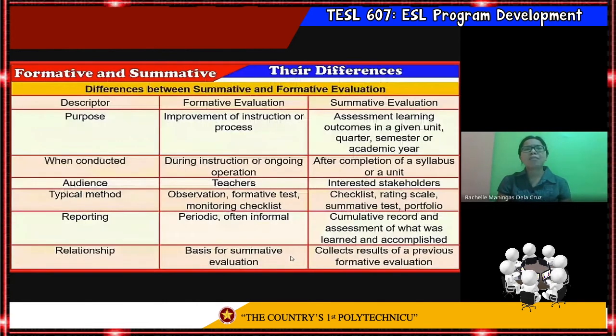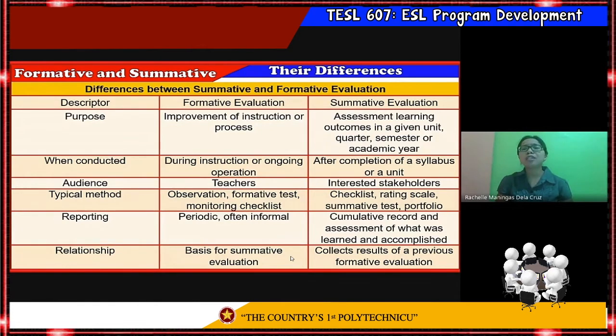So I put their differences in a table. First column, the descriptor, then the formative evaluation, and the summative evaluation. So purpose, what is their difference when it comes to purpose? The formative evaluation is to improve the instruction or process. It means it aims to improve students' learning and teachers' teaching. So it is considered as evaluation as a process, while summative evaluation is assessment of learning outcomes in a given unit,